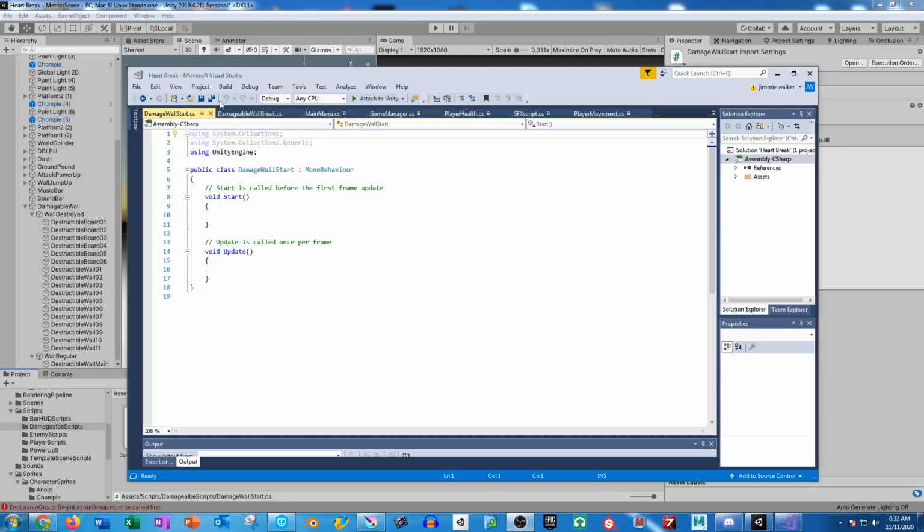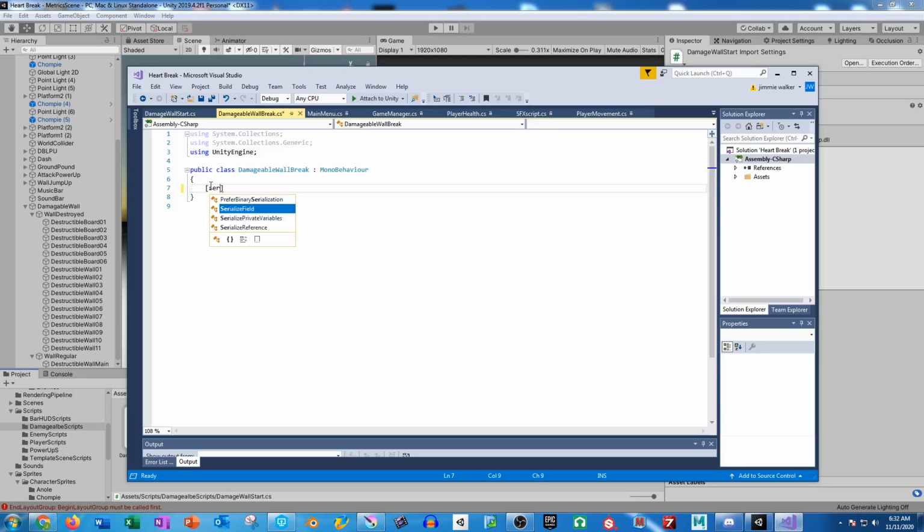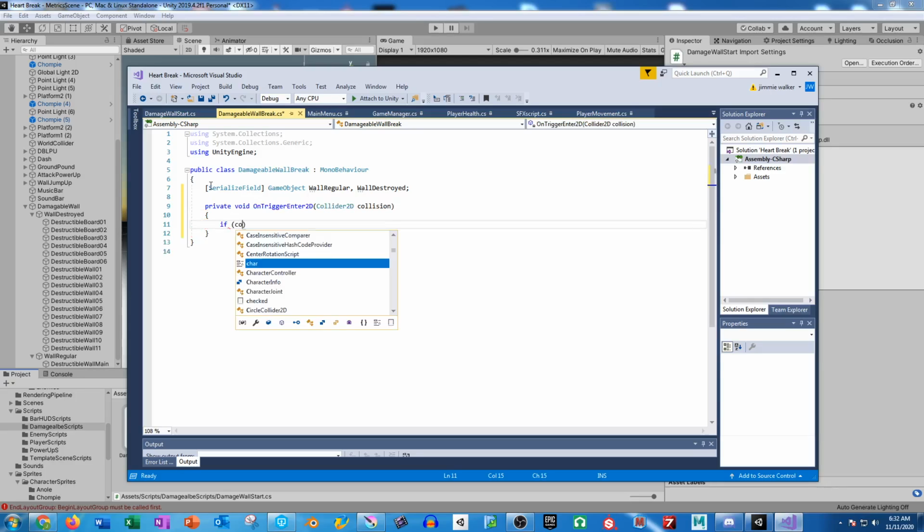Alright, so we are back. So we have start and we have break. So break is what's going to allow us to break it. What we're going to need to do is a serialized field, and this will be of type game object. We will have wall regular, and then we will have wall destroyed. What we want to do is a tag check. So we're going to use on trigger enter 2D. We're going to say if collision dot game object dot tag equals